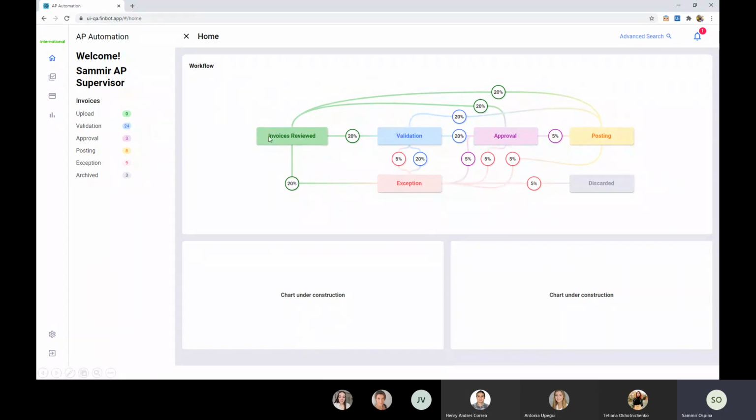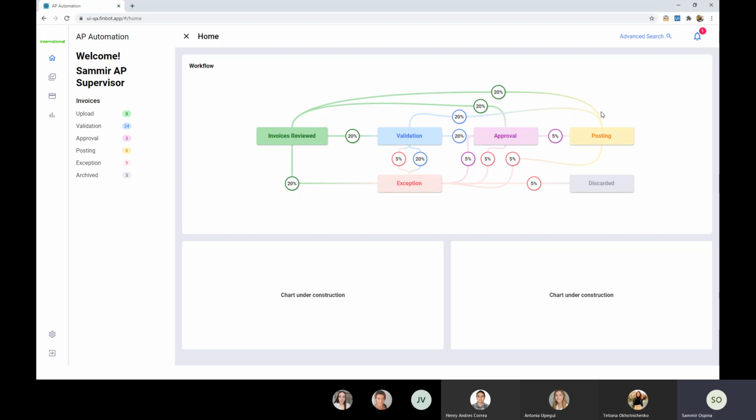So this means that as soon as the invoices are received, as I told you, the OCR kicks in, and if all the information is correctly extracted, if the accuracy percentage is very high, and according to the different set of rules that we set out for your company, the Finbot application will take that invoice and, just to give you an example, if that invoice is a utility invoice, and the utility invoice is expected to come every month, and it's expected to be always under $200. Well, if that's the case, then Finbot is going to take that